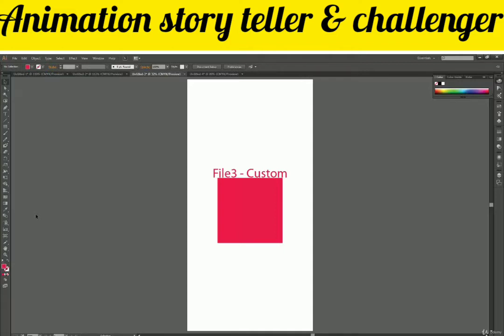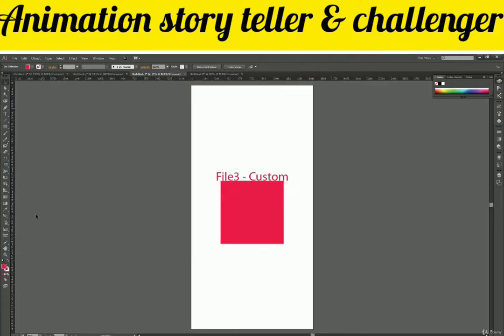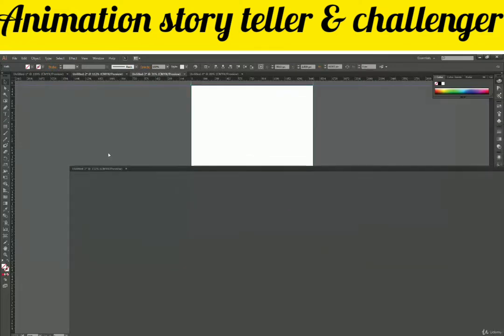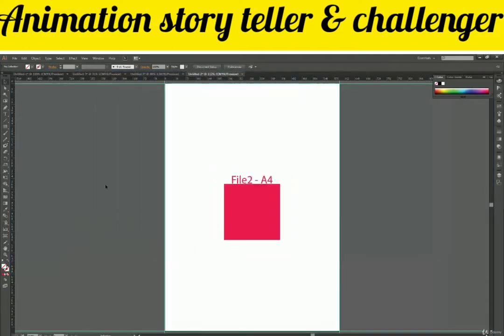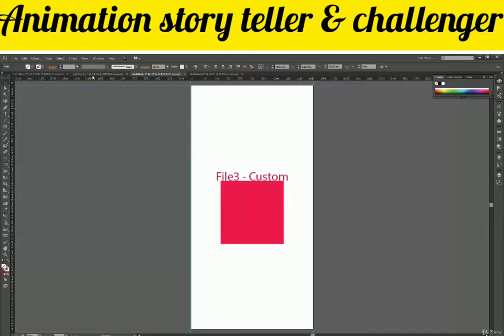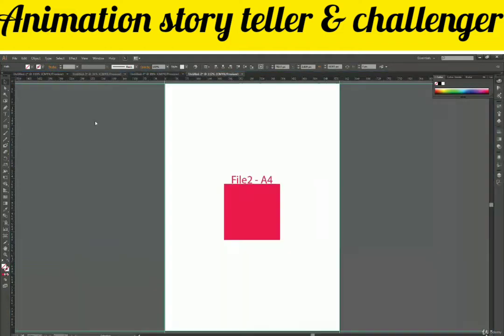So again, over here on this file, also press Ctrl R, Ctrl 0 for fit to screen, and repeat the same procedure. Drag two horizontal guides and two vertical guides. Oh, I just messed up the arrangement over here, here is my untitled 3. Okay, so there we go again. Alright, untitled 3.